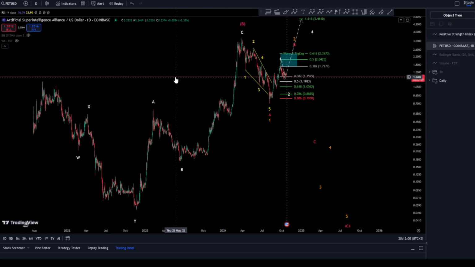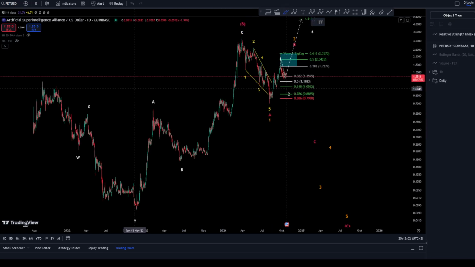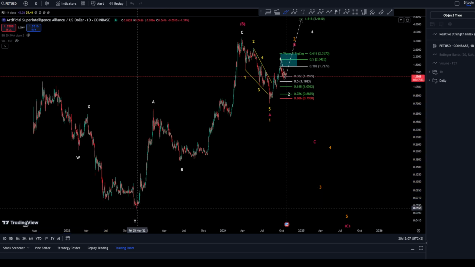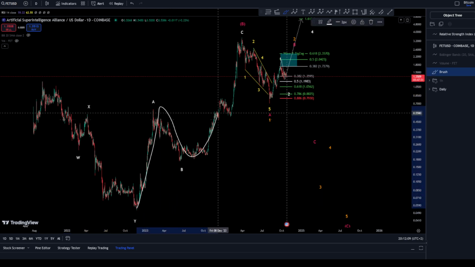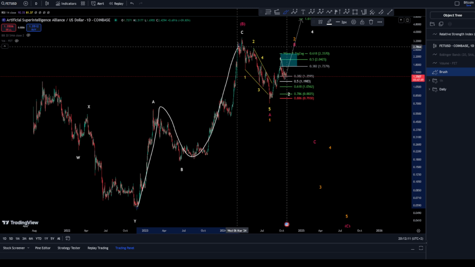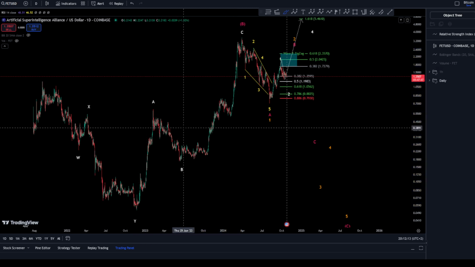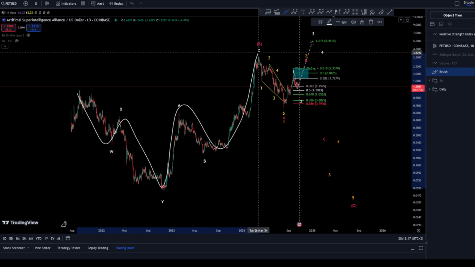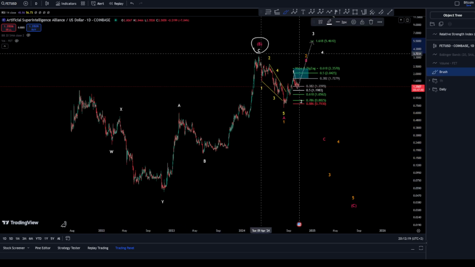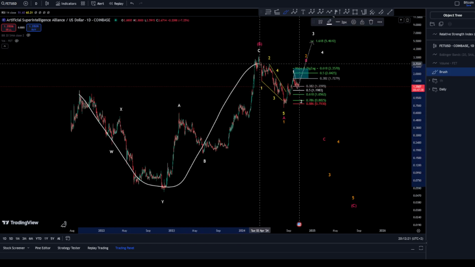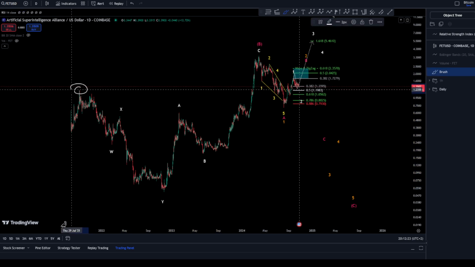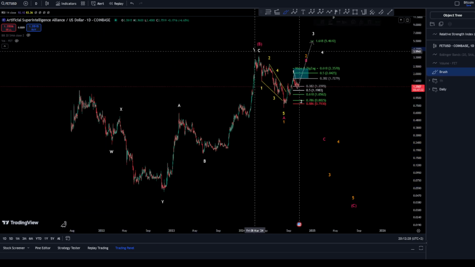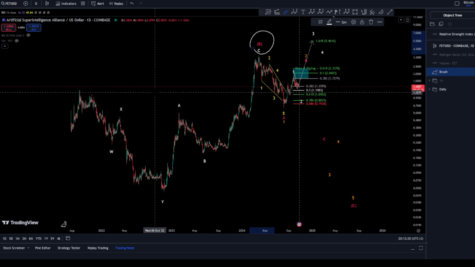So starting with the FET on the daily chart, we are looking at W, X and Y. After these three waves, WXY, we are looking for another three waves towards the upside, where you have, of course, A, B, and a C. And by all means, after three waves down, three waves up, where your wave B here, supposing that we are in a flat, is higher than your start. And that means this flat is an expanding flat, where your wave B should be, of course, reaching higher than